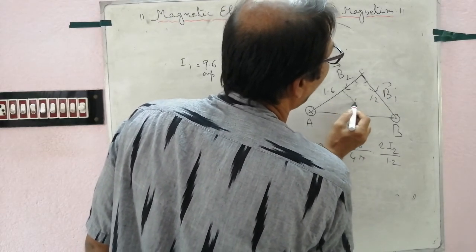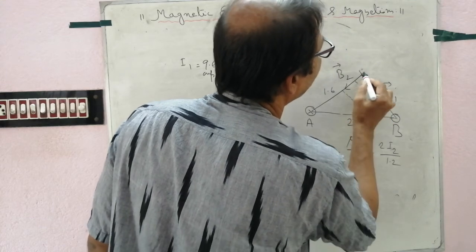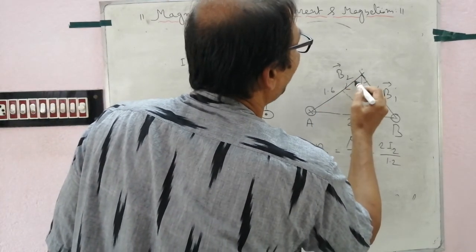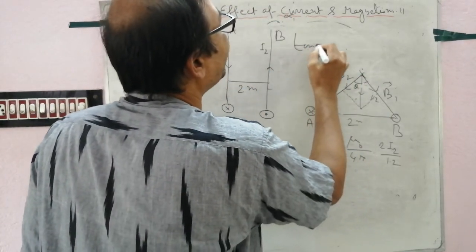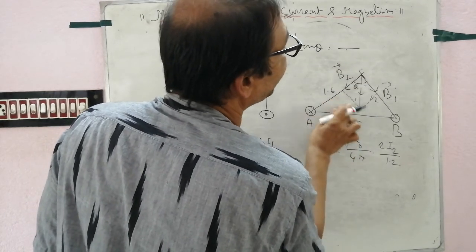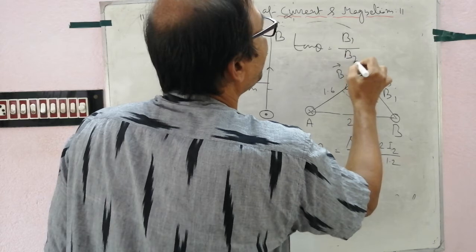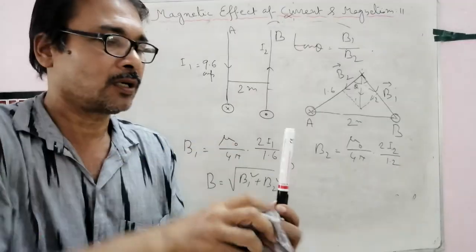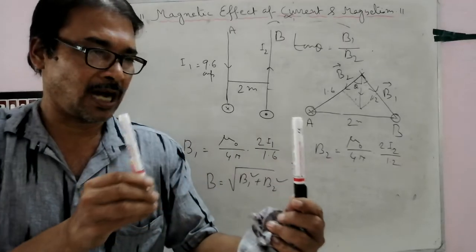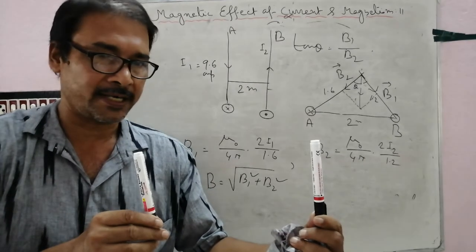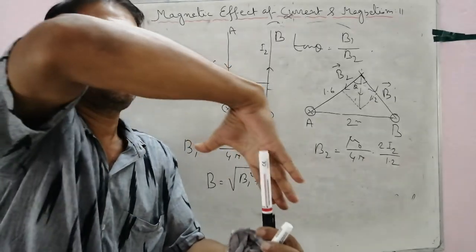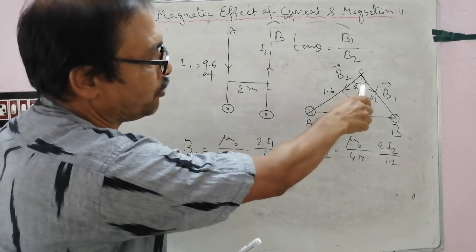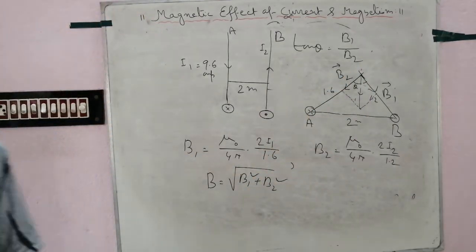If we draw a parallelogram, follow, this is the direction. Clear? Suppose the angle is theta, so for direction, tan theta equal to B1 by B2. Clear? Very important question. Again, follow here the direction of the two wires. This is upward, this is downward current, and this is upward current. Here is the point. So for this direction in this way, and for this direction in this way, because they are mutually perpendicular to each other. So this is the last problem.